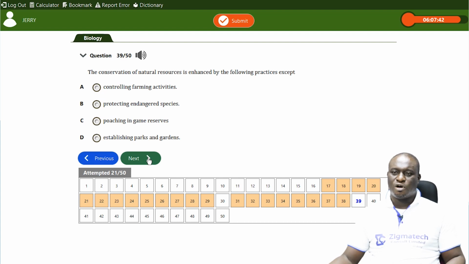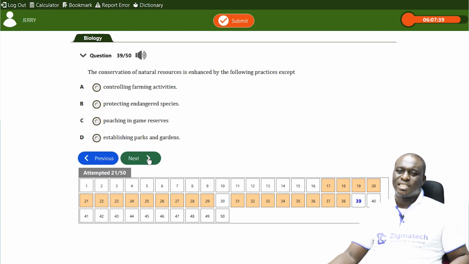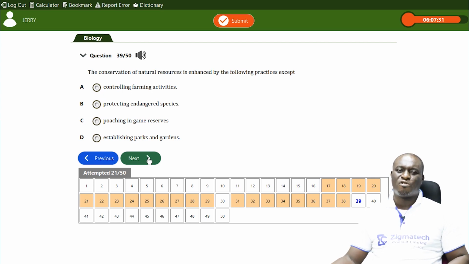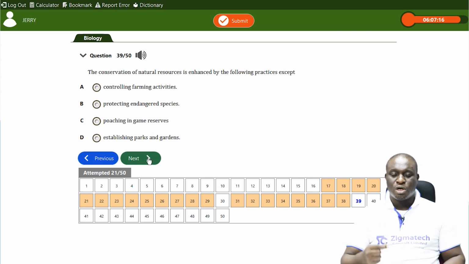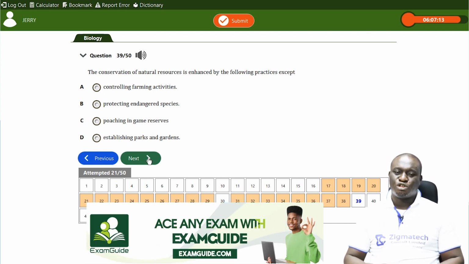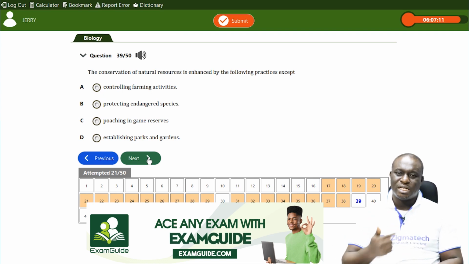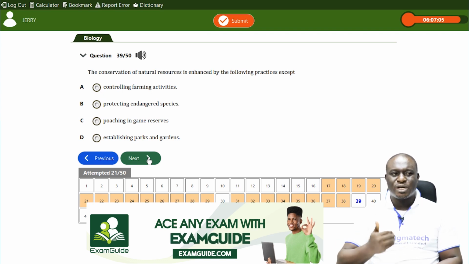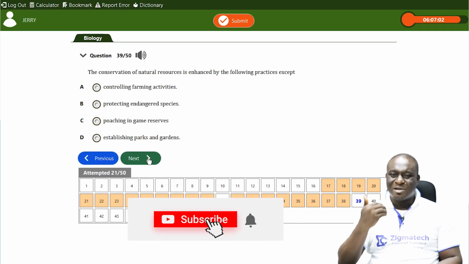Next is conservation of natural resources. The question says the conservation of natural resources is enhanced by the following practices except. Now, first of all, what is conservation of natural resources? Conservation of natural resources is the judicious use of natural resources in order to ensure their continuous availability. Let's look at the options we have there, whether they point towards ensuring continuous use or availability of these